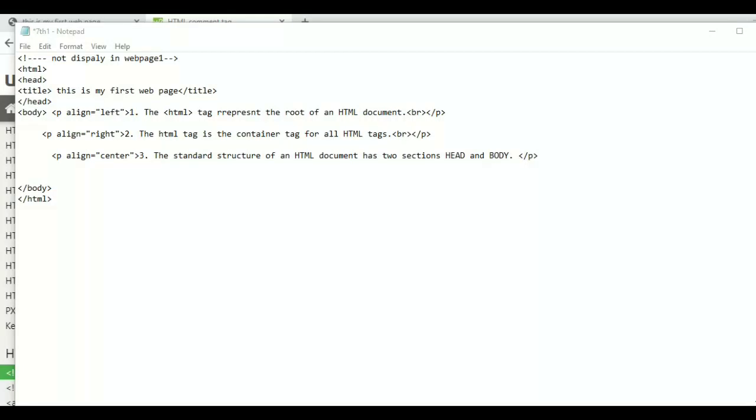After paragraph tag, our next tag is comment tag, and for giving comment we use angle bracket with not and two dash symbol, and when we save this and run this, so this line will not display in our web page.